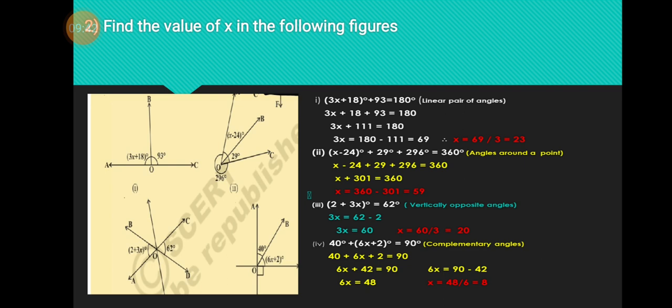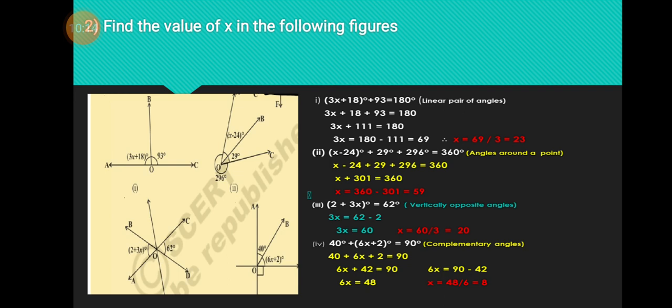Now in the fourth one, see this 40 and 6x plus 2 and the beside angle which is given as 90 degrees, they form a linear pair. I am sorry, linear pair means 2 should be there. Here 3 are there. They are the angles on a straight line, on the same line or at the point. So we understand that if this side is 90, the above two angles' sum should be 90. So they form the complementary angles.